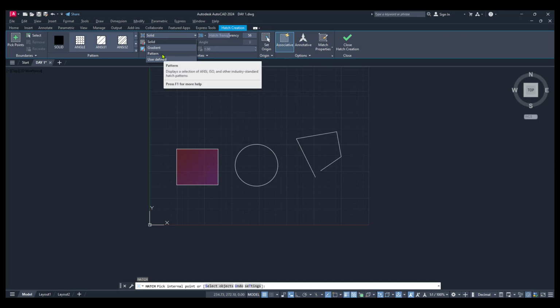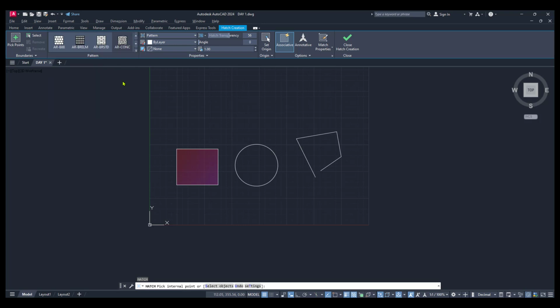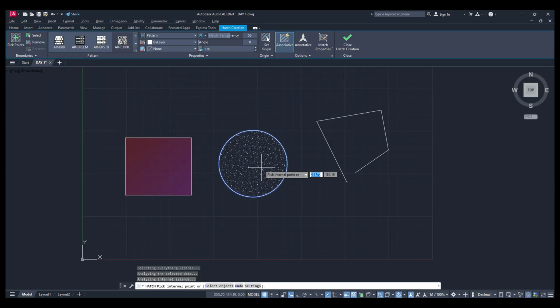Next, in the hatch option, we have the third method, that is pattern. Pattern is very important for civil engineers and architects. It is used to show the material detailing, whether that part is made up of concrete, brick or any other material. Click on the pattern. Once you click, you will have different types of patterns by default. Expand this arrow to get more patterns, and then depending on the requirement, whether that part is made up of concrete or brick, select that particular hatch pattern and apply.